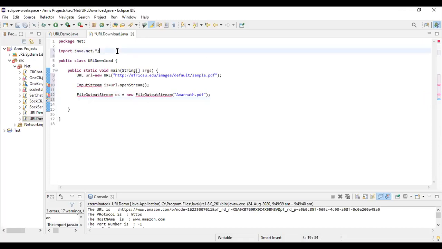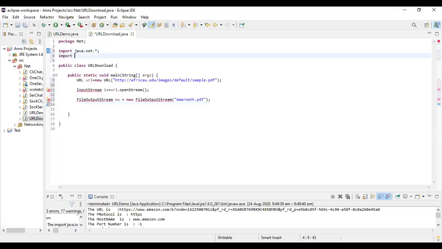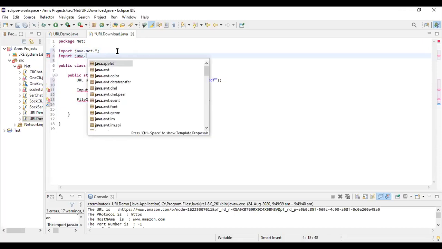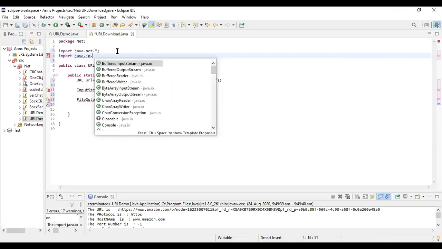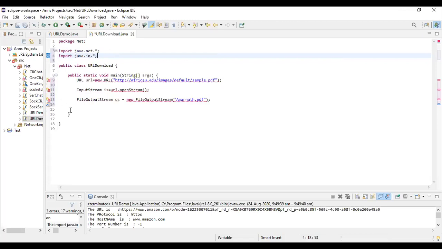So I'll even import java.io.*, because I'm using my IO functions. Okay, so I'm having a FileOutputStream called amarnath.pdf. Now the whole content of this particular file will come into amarnath.pdf.